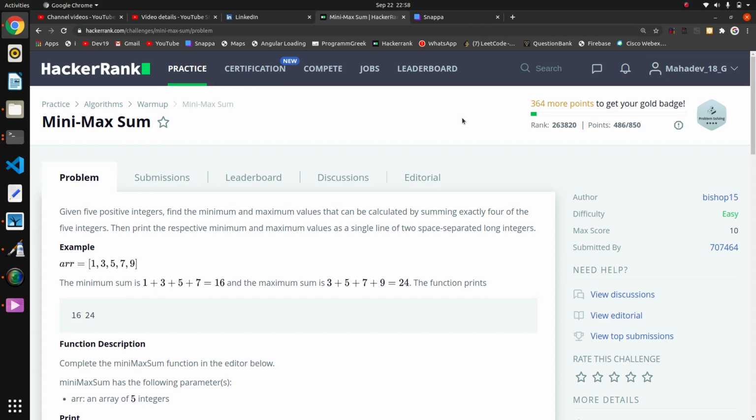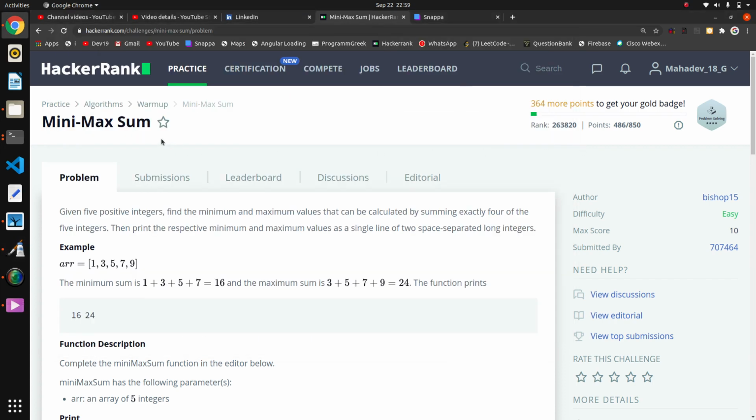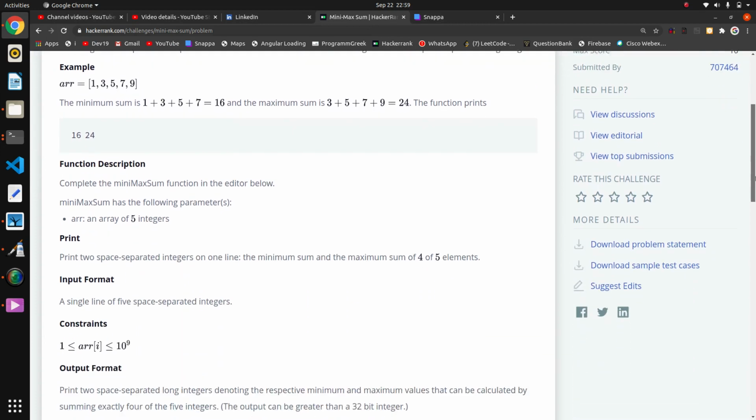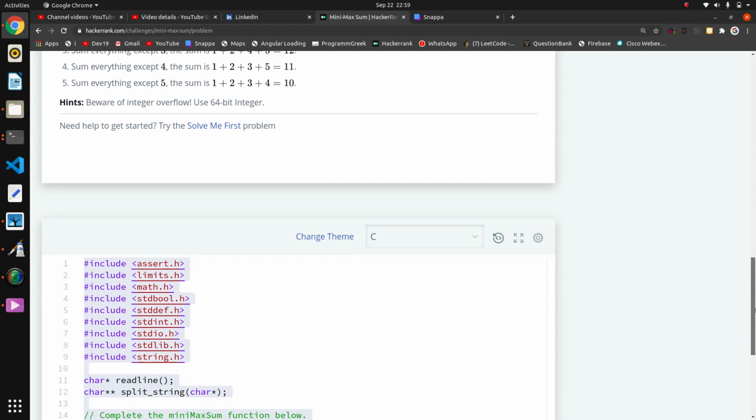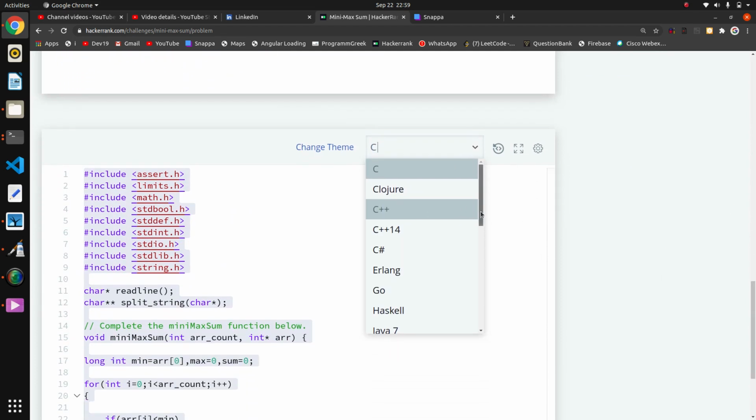So welcome back guys. We are going to solve this question again in Python, in some bit logical code or one liner code. The basic logic is the same: we have to find the sum, and from that sum we have to subtract the minimum and maximum value, as we saw in our last question, the same question that we solved with C. Now we are going to solve this with Python, because we want to reduce our coding lines.